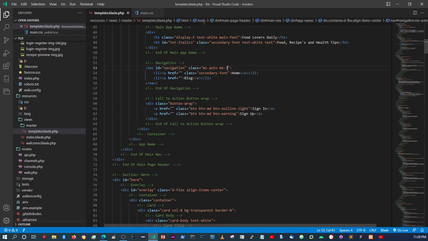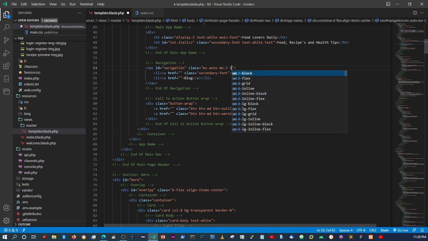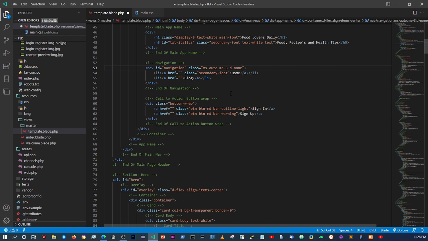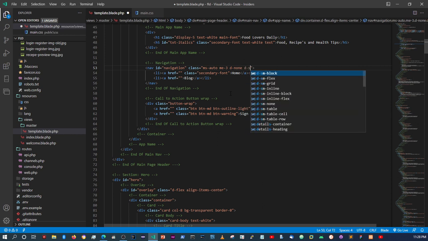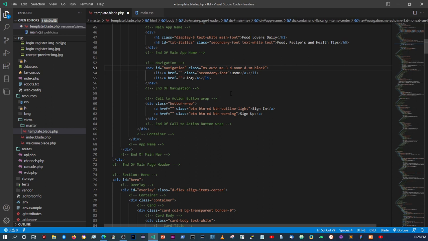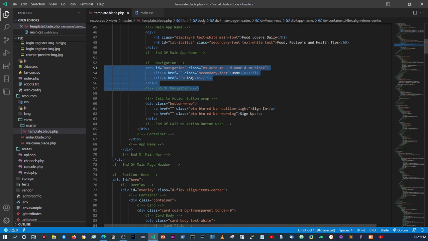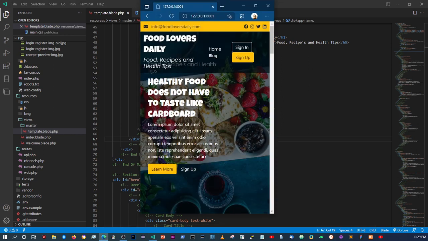For example, for the navigation, we can say d-none, which is display none, and then we can say d-sm-block, right? So when the screen is bigger than 600 pixels, this navigation will show. Otherwise, it won't display. All right. So now if you come back here and refresh,